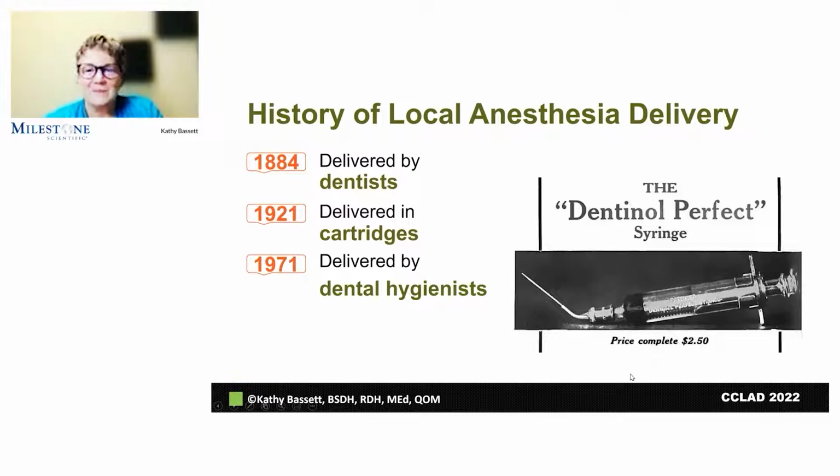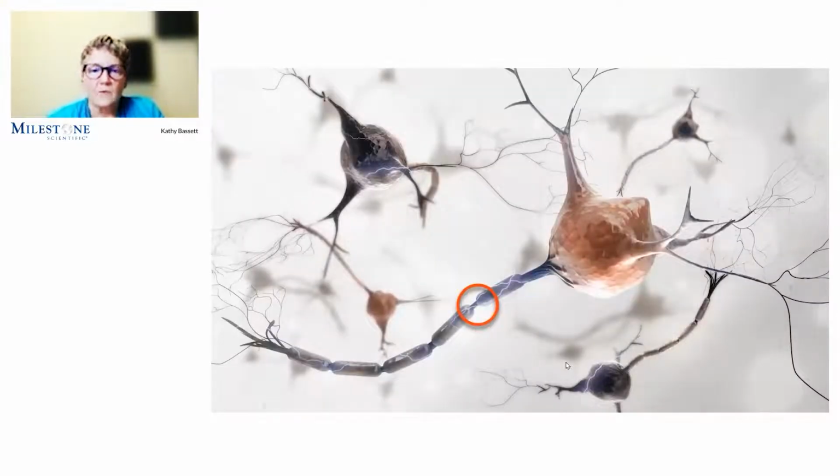I think this is a good place for us to start reflecting on what we have carried forward versus what is really available to us. When we're doing anesthesia, keeping our eye on the target, it's this very small region in the gaps between the nodes of Ranvier where the anesthetic actually gets into the nerve membrane. So when you really get down to the moment of success, it's choosing applications, devices, techniques, and locations that really leverage our ability to comfortably get enough quantity of drug in the area of these nerve fibers.